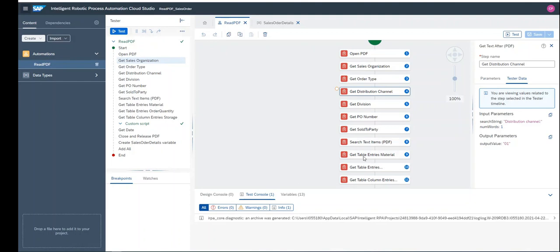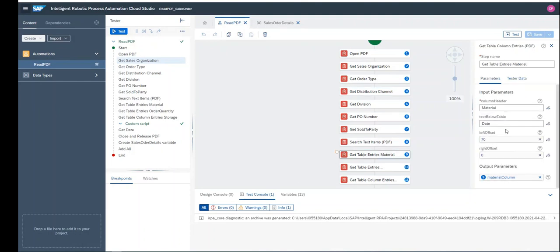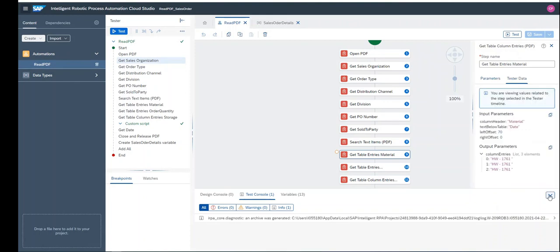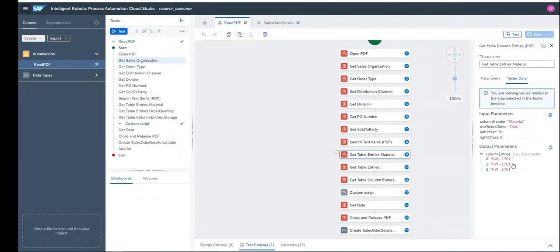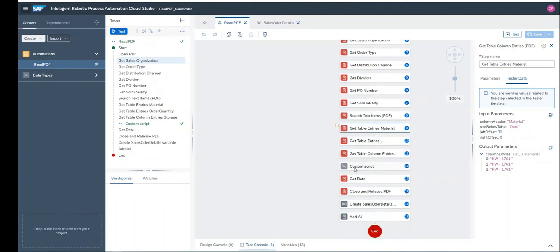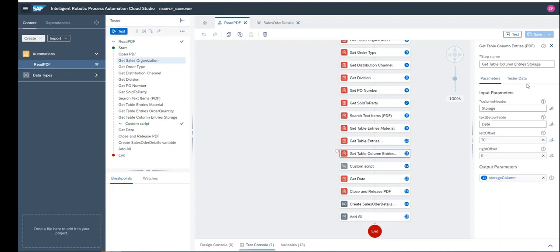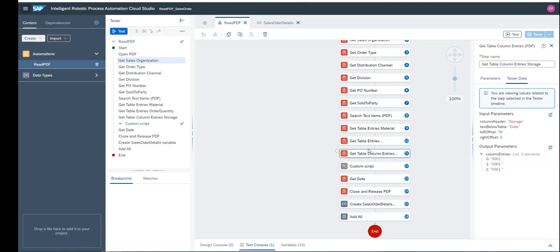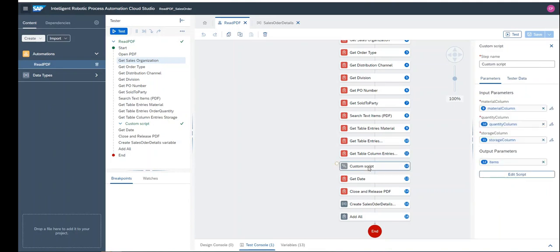So now let's go to the table entries here. If you see here, the output parameters, I have it with 0 and then all these things. Some spaces have also been included. So I want to even remove these empty spaces. If I get to the custom script, the output parameters for the column entries of material, the H1W, and this is for the quantity. So if you see here, you have got spaces in between. So you have to remove these empty spaces. So 10, 0. So I would remove all these spaces in the custom script.